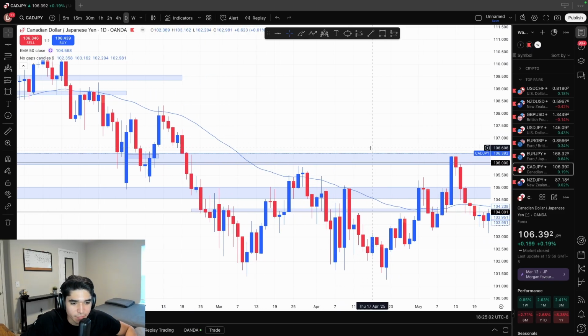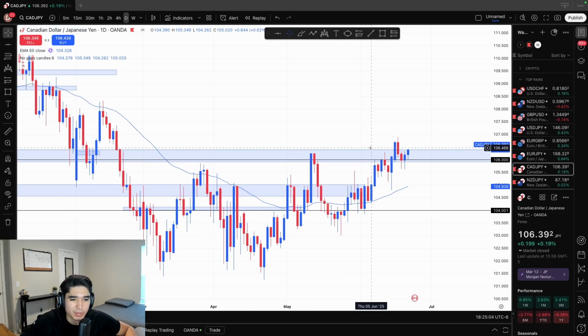I'm just making this very fast, but there's nothing sure on any of the pairs, to be honest. We just came from such fast-paced or high volatility weeks, so I think this week might be a little bit more to settle down and see where the market wants to move, because a lot of these markets are or have been